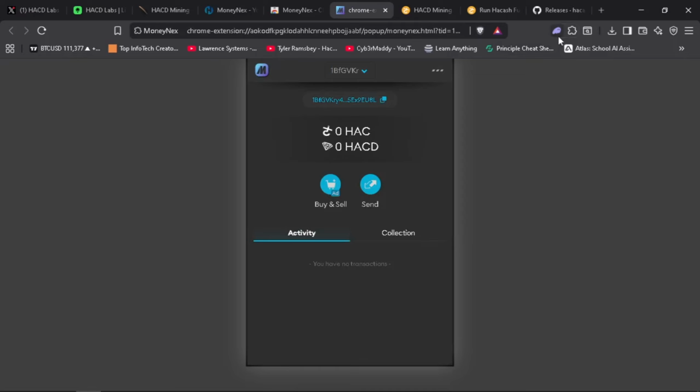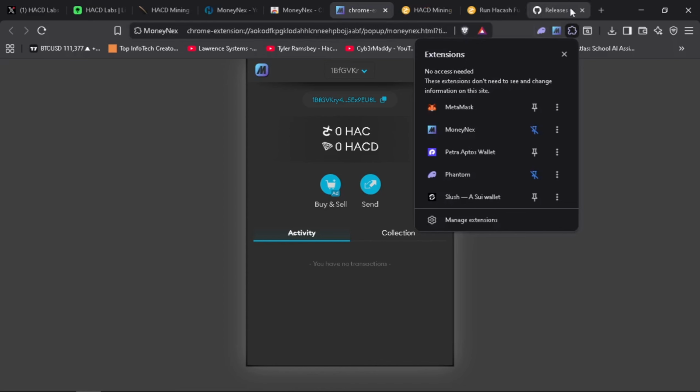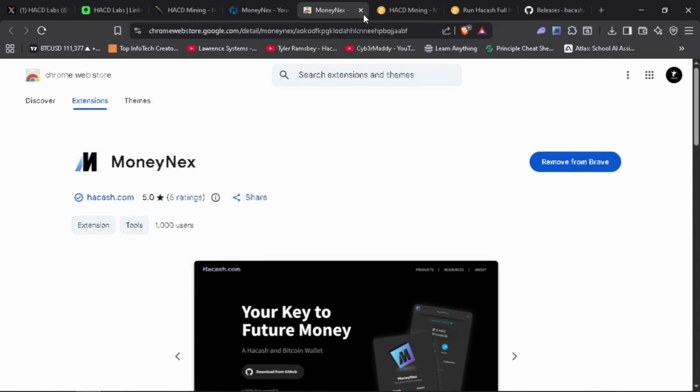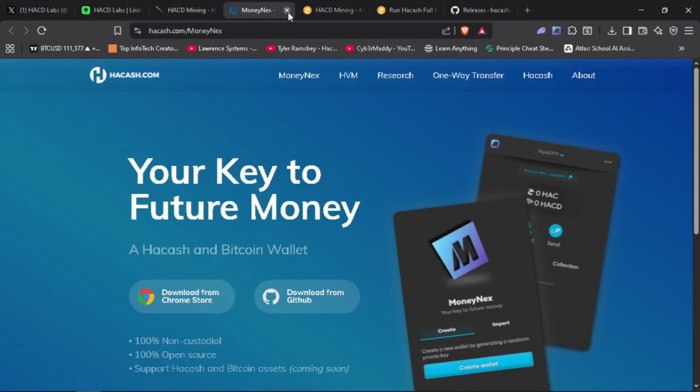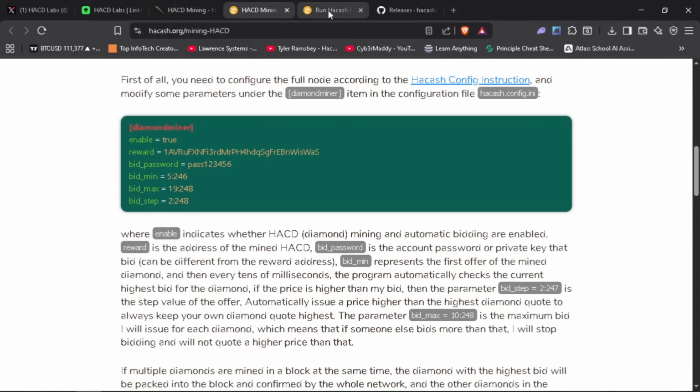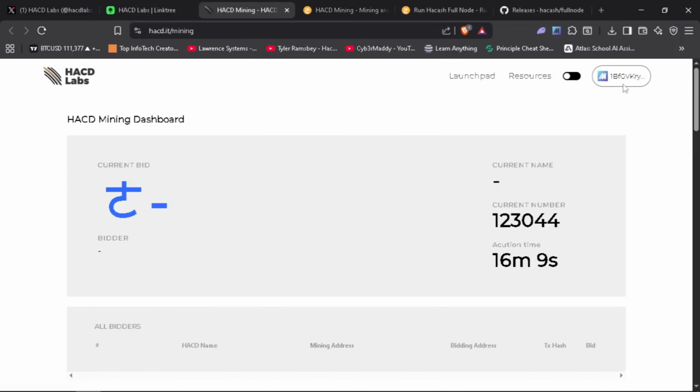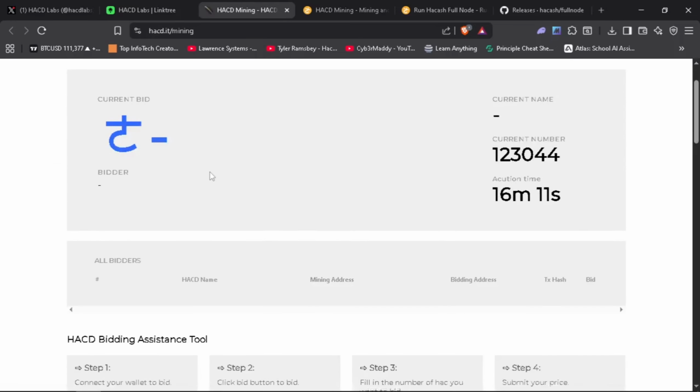If I come to my wallet extension here, I can just pin it, and you can see it's up here. So I'll close this one, this one also, and this one also. This is the guide, and this is another guide. So this is the website. If I reload it, it should connect to my wallet automatically. Okay, it doesn't. Okay, exactly, it connects to my wallet automatically,